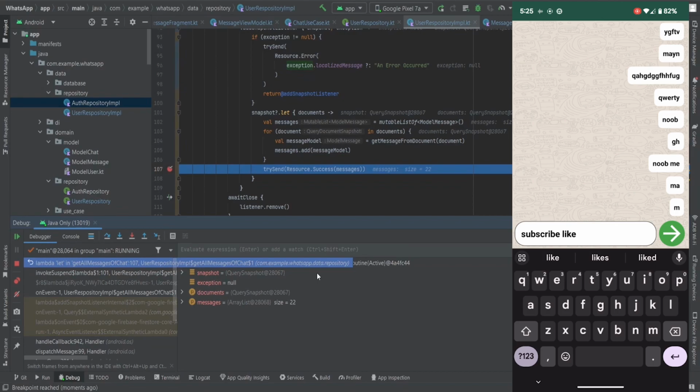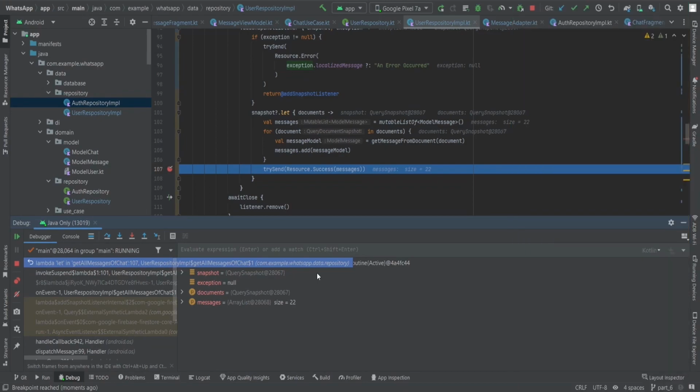The third thing we are going to do in the next one is how we tell the other person that they are getting a message from you if the app is closed or the person is not on the message screen. If the message fragment is open, then the listener is open.